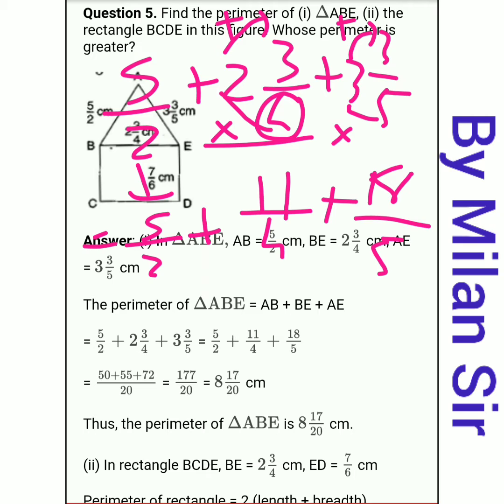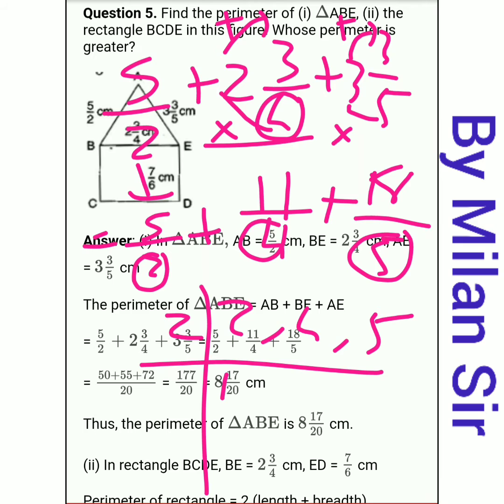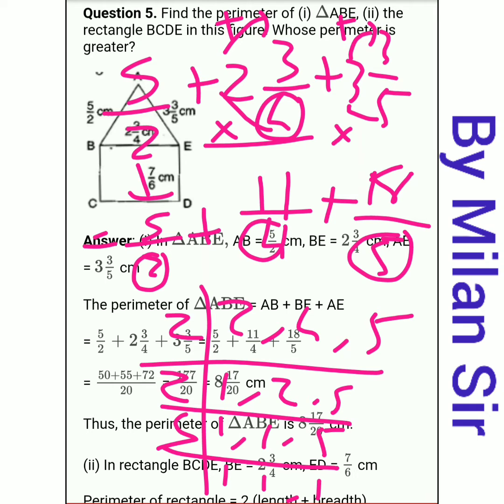Now here we need to take the LCM of 2, 4 and 5. First of all 2 1s are 2, 2 2s are 4, 5 as it is. Again 1 as it is, 2 1s are 1, 5 as it is, then 5, here 1, 1 and 1. So our LCM is equal to, we multiply this, 5 2s are 10, 10 2s are 20. So LCM is equal to 20.